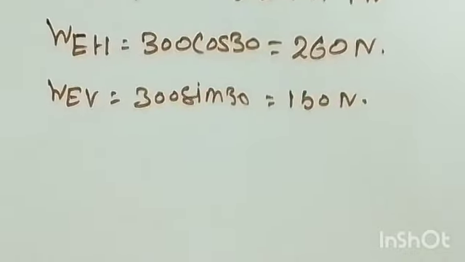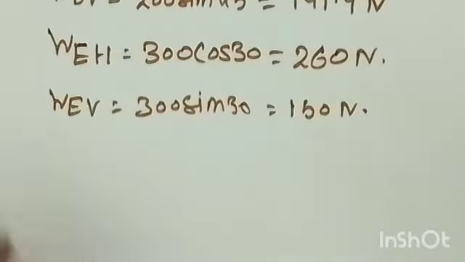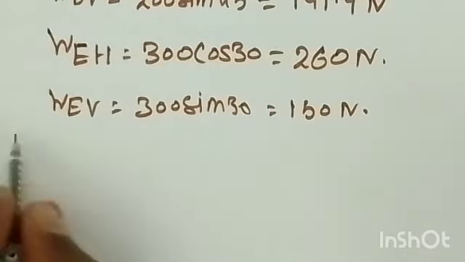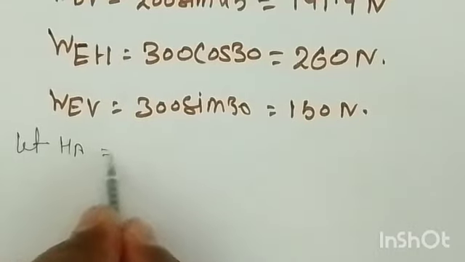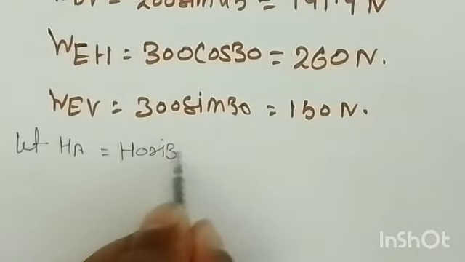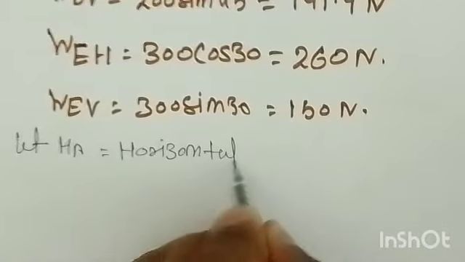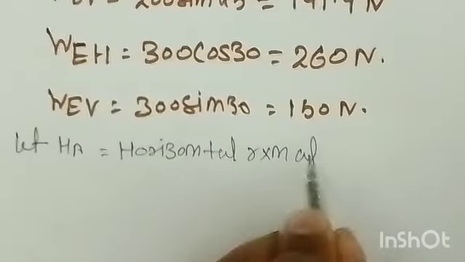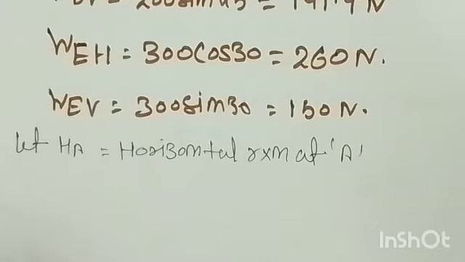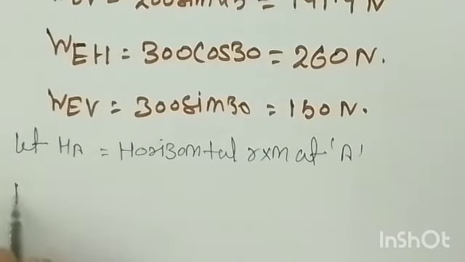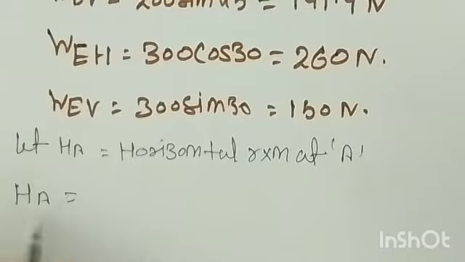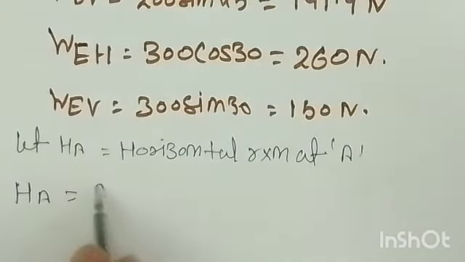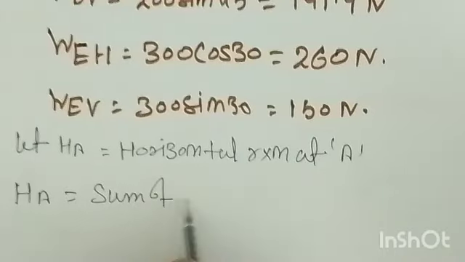So you can write here that, it's better, we can say that let HA be the horizontal reaction at A, right? And this HA is equal to what? This HA, the horizontal reaction at A, is nothing but the sum of all horizontal components of inclined load. So you can say sum of all